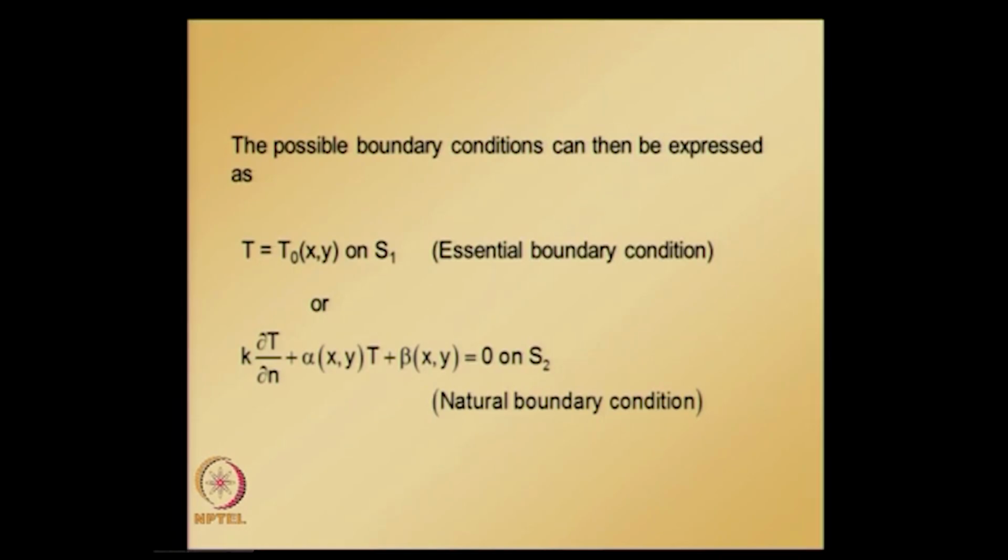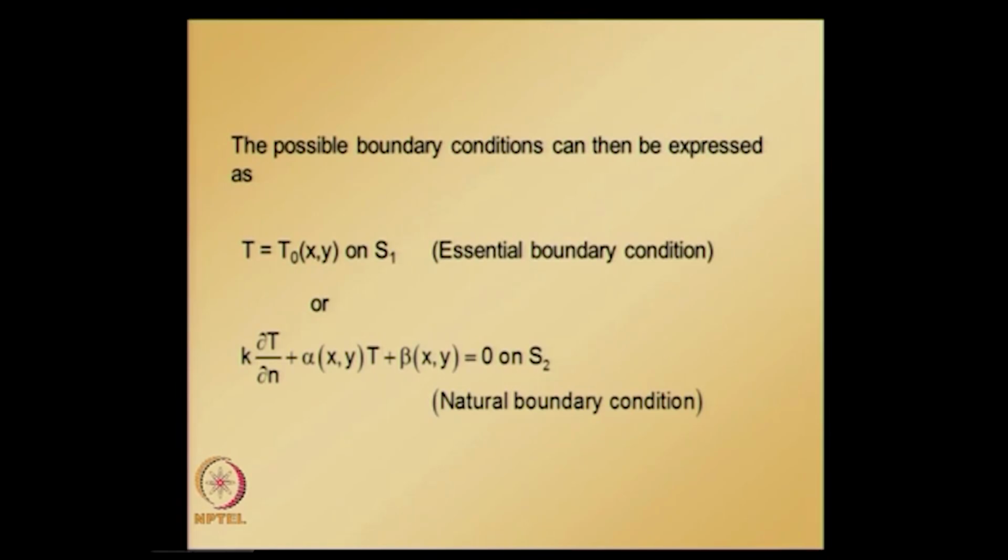and this is an essential boundary condition because the order of the equation is zeroth order. And if you see the second boundary condition, either an essential boundary condition can be specified or a natural boundary condition can be specified. A natural boundary condition is the boundary condition which contains the first derivative of T. If you recall, the general two dimensional boundary value problem that we are trying to solve is a second order differential equation, so we require two boundary conditions to solve, out of which one is essential, another is natural. So any of these boundary conditions may be specified,